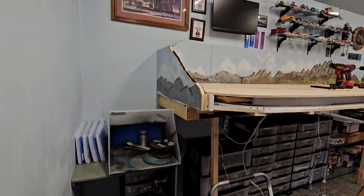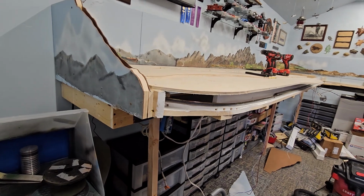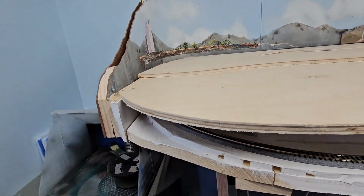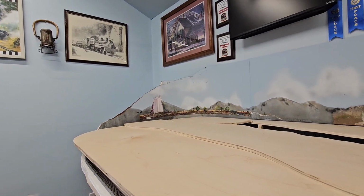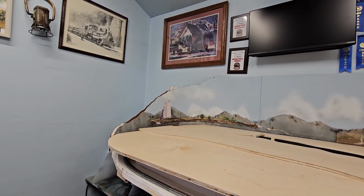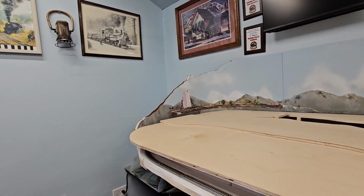So I've got this on the back side of where my spray booth is. And I will paint that lower part blue, or maybe the gray. And the fascia will come right around to here. And if you stand back here, it's cut at the same angle. Of course, if you're down here, it looks good, but I'm trying to figure out what to do to fill that. Probably just some plaster. Fill it with some newspaper, put some plaster in there, and smooth the plaster, and then paint that all blue